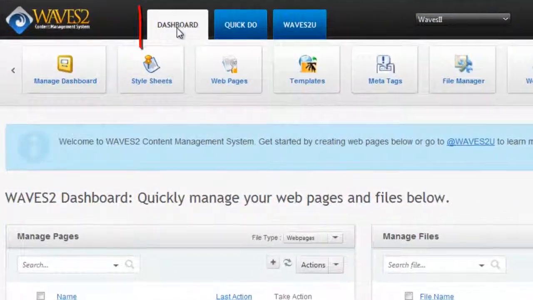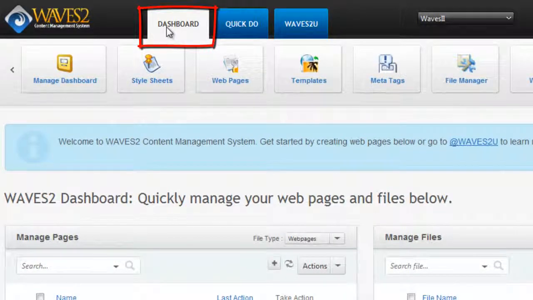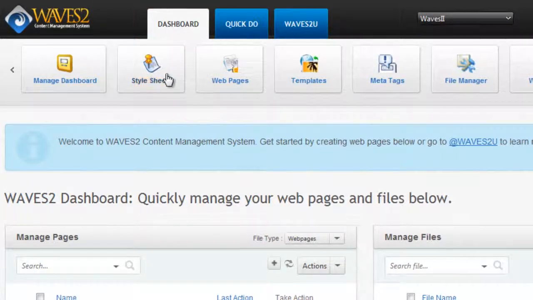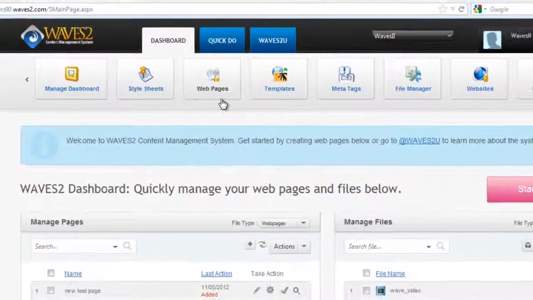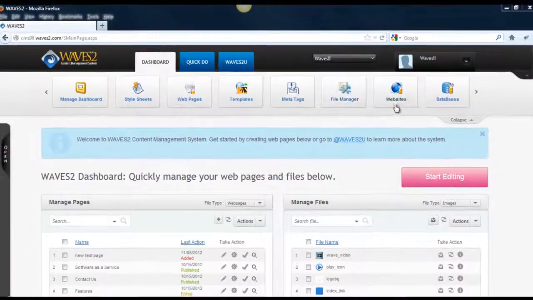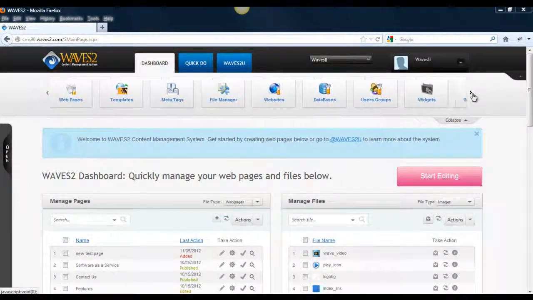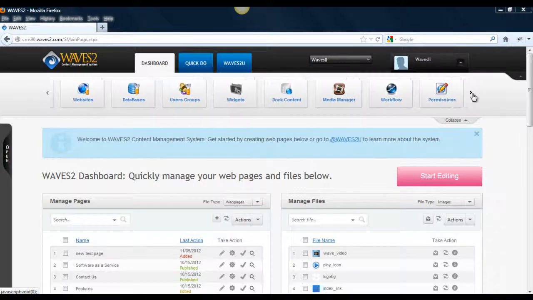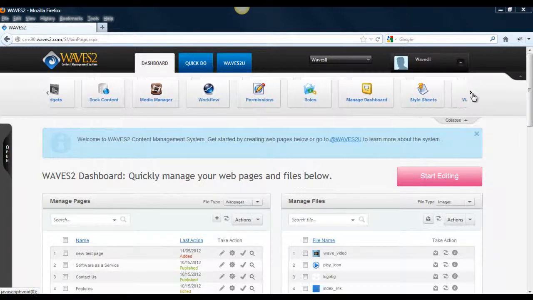and we're toggled onto the Dashboard tab. This provides easy access to commonly used areas of the CMS. For example, with one single click, we can quickly manage our style sheets, we can manage our web pages, our files, database tables, and this is a scrolling item which will let us practically access any item that's available within